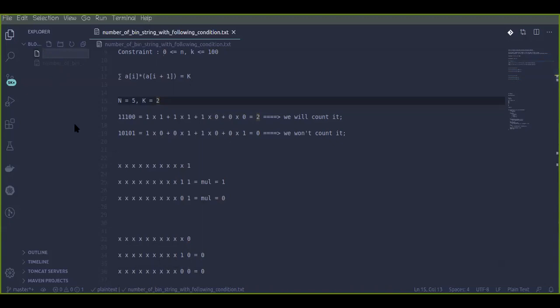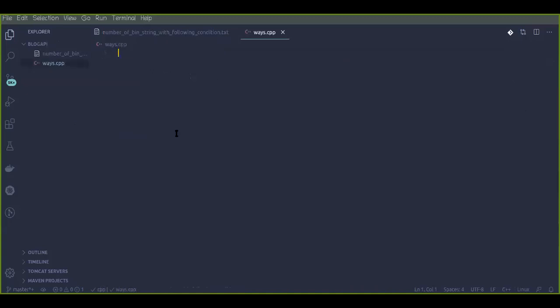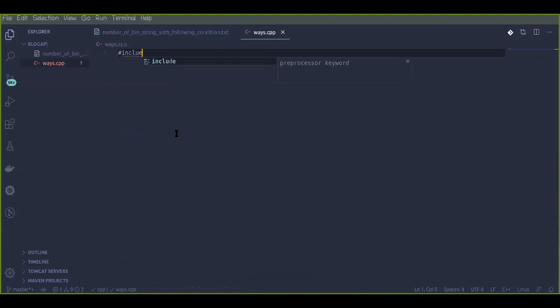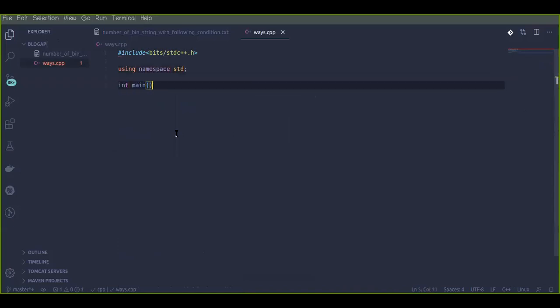Let's say ways. Here let's take the example of n equal to 5 and k equal to 2.